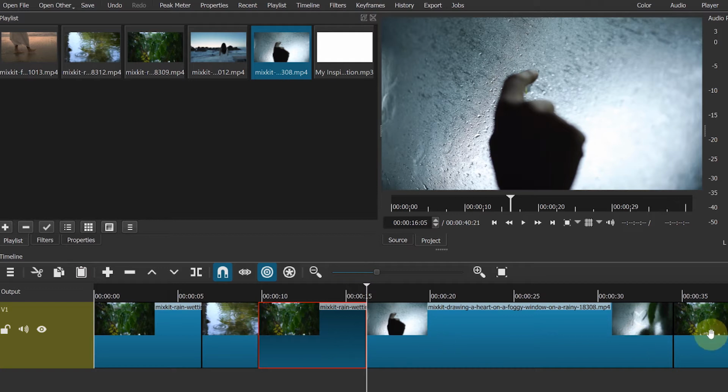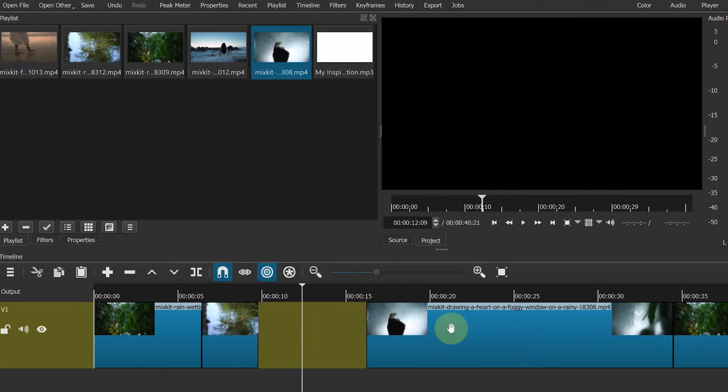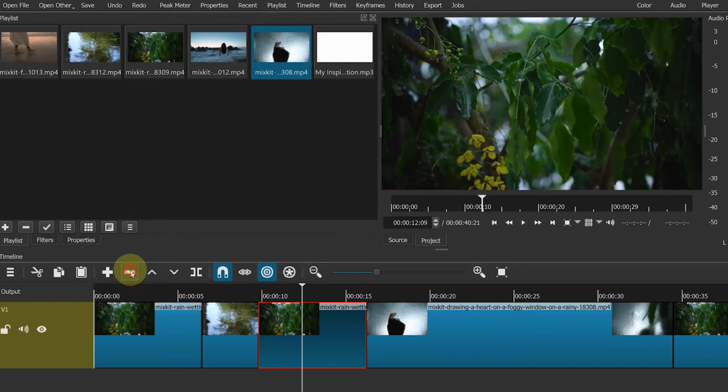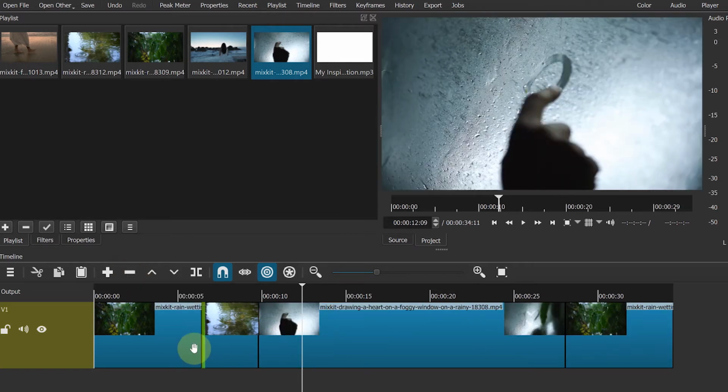If you want to delete any clip, then you can select it and hit delete on the keyboard to delete that clip. But then you will have this gap here. If you want to avoid it, then click on this minus button. And see, other clips moved automatically. So with this minus button, you can delete any clip on the timeline and other clips will move automatically to fill up the gap. These plus and minus buttons work exactly the same way as their names indicates.